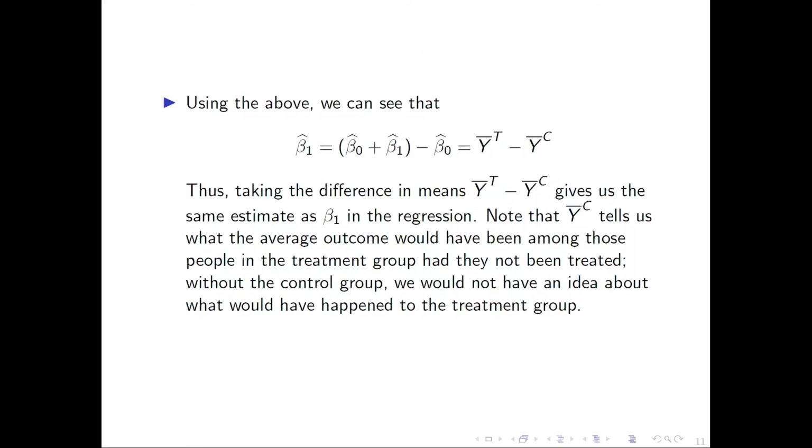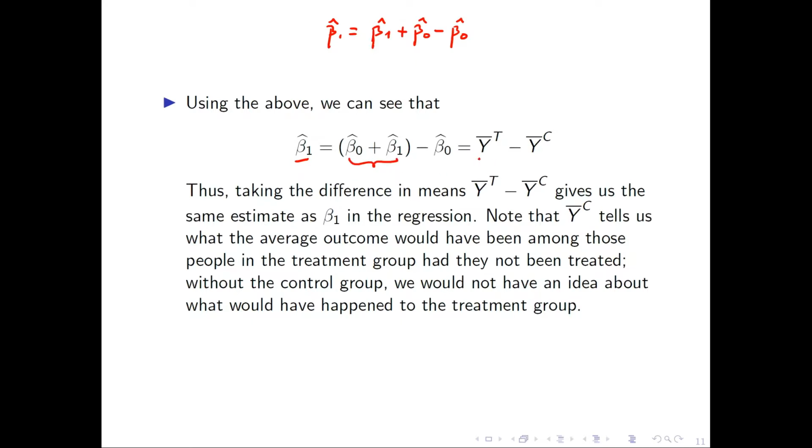To show that the coefficient beta 1 actually is the difference between these two means of the treatment group and the control group, we can just add beta naught hat and subtract beta naught hat from the beta 1 hat. So what you do here is that you just have beta 1 hat equals beta 1 hat. They should be equal, right? Because they are per definition the same, right? But you can augment this right side by adding beta naught hat and subtracting the same, right? And just rearranging so that here you get